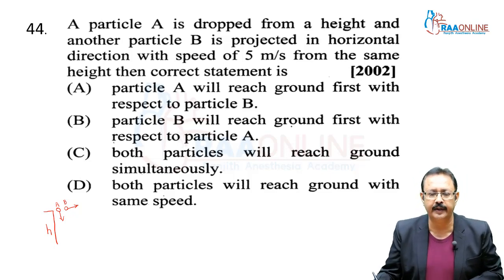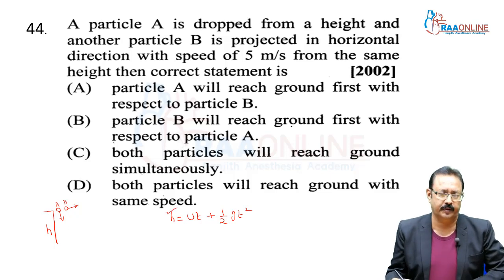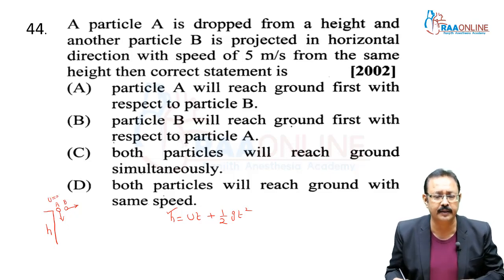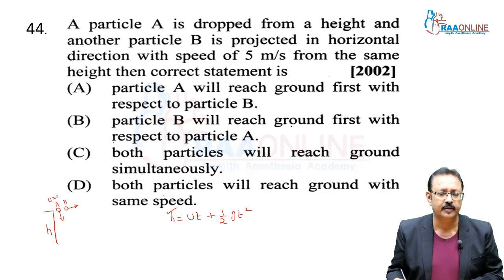We can calculate that with the help of Galileo's equation, ut plus half gt square. H is same for both. This packet you dropped, so for packet A u was 0. But you throw this second particle in horizontal direction, so its vertical component should be again 0,